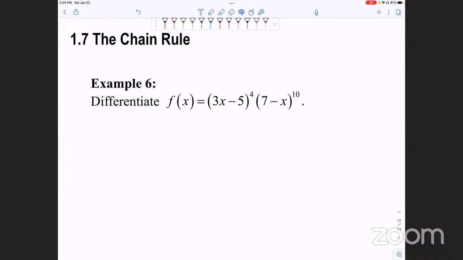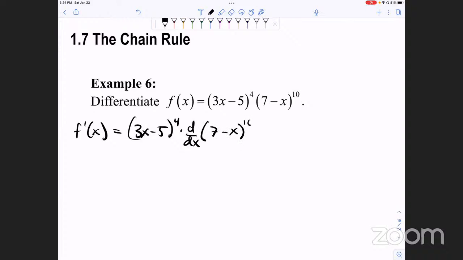And the extended chain rule, okay? Of x, if we do the first, that's going to be the first, which is this guy, 3x minus 5 to the power of 4, the first times the derivative of the second, so I'm going to say times d by dx, or the derivative of 7 minus x to the power of 10, right? So the first times the derivative of the second plus the second